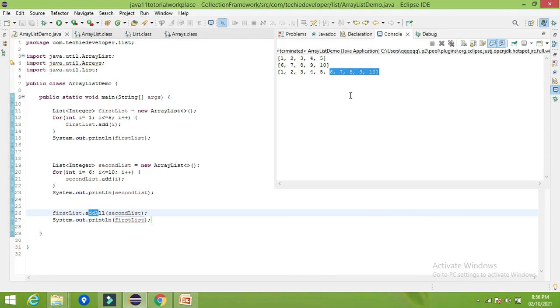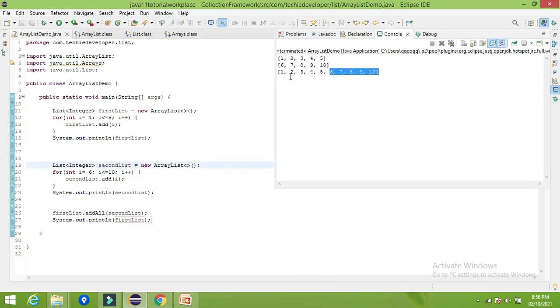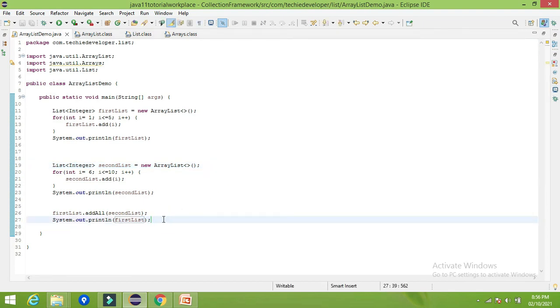But I have the requirement that I want the elements from the second list to be added from the third position or fifth position. So at that time, same as what we used for add with the index number, here also we can specify the index number.